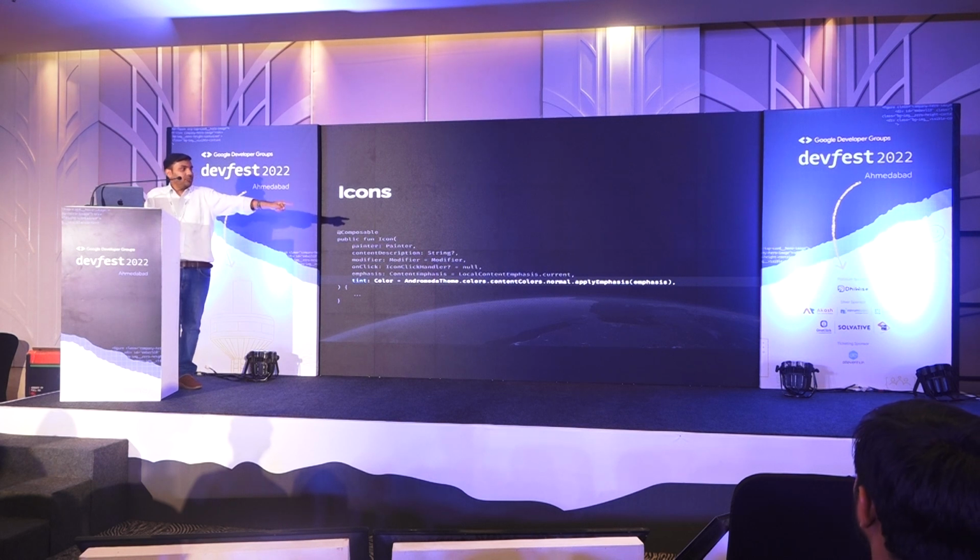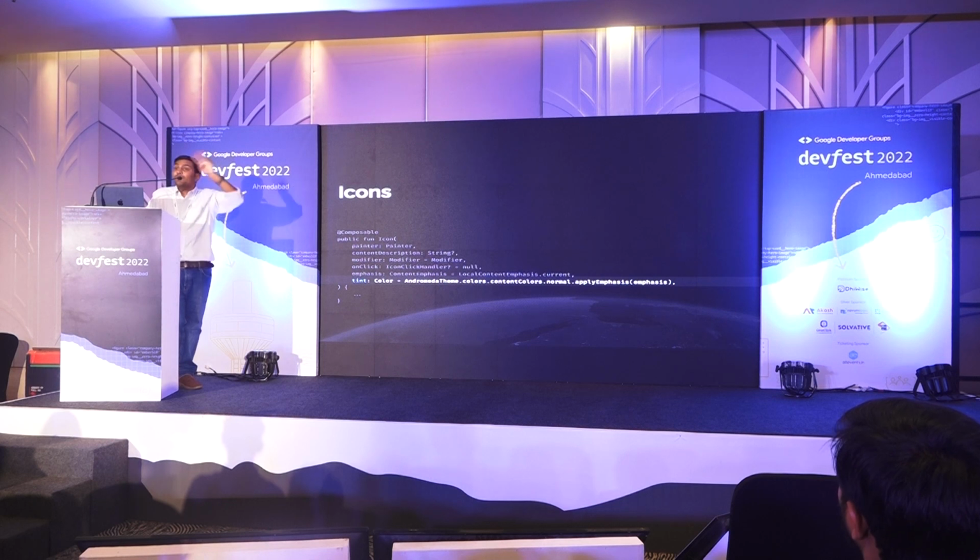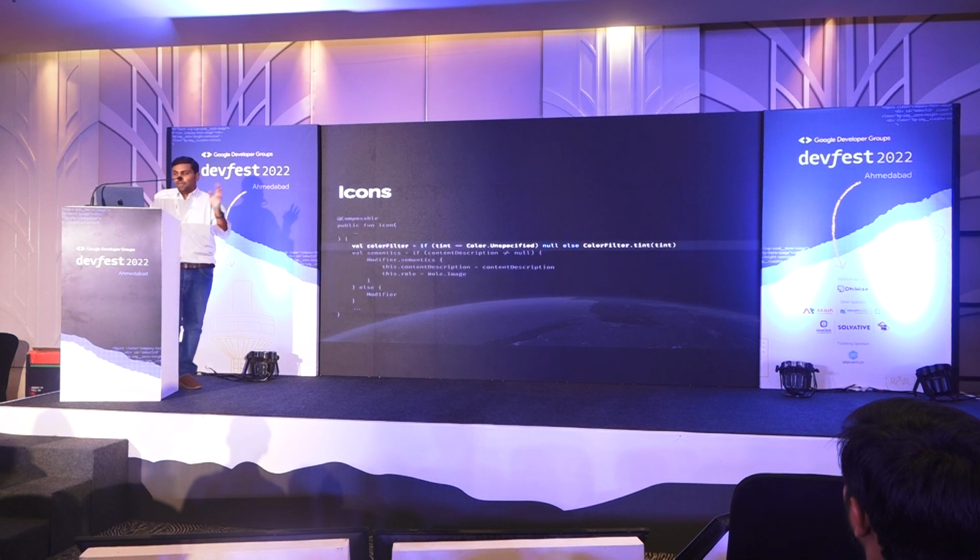If you notice, there is something called apply emphasis. You can change this emphasis based on what the screen state is. I literally have, instead of error versus content, if the API fails, depending on what the state, whether it's 4G, 5G or internet, I change the icon colors, the emphasis of the color. For example, if you're not an iPhone user, then you will get this color, blue color. If I have 5G, I'll give you a green color. Something like that. You can actually control all of this, all through the theme, right?